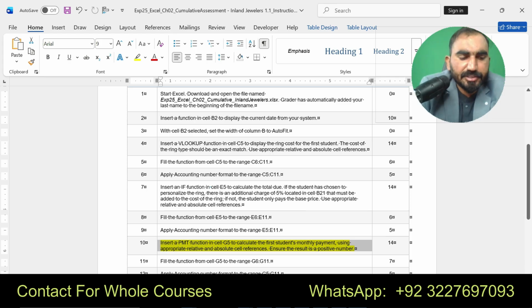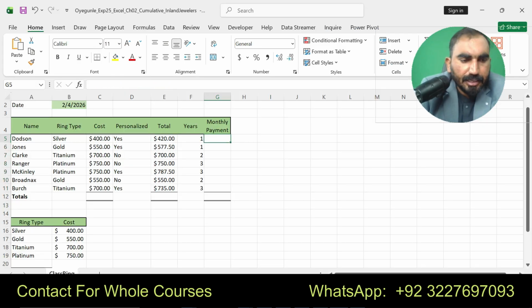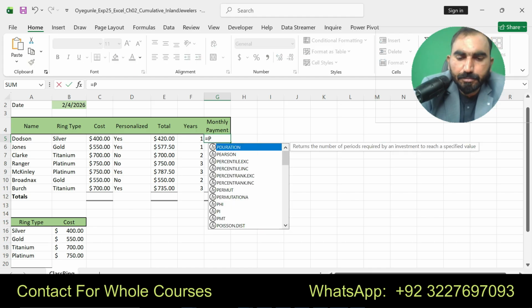Insert a PMT function. Now you can see here I am going to insert a PMT function according to the instruction.